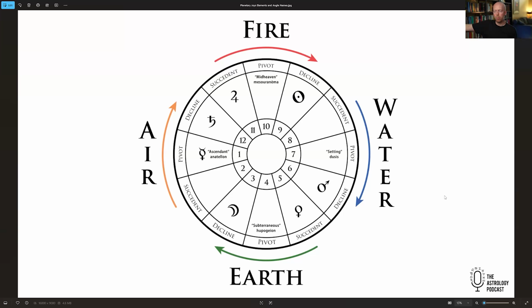And over on the other side, we have Mars, which has its joy in the sixth house, which is part of the declining angular triad series of the eighth, seventh, and sixth houses. And this angular triad gets associated with the element of water, which then,